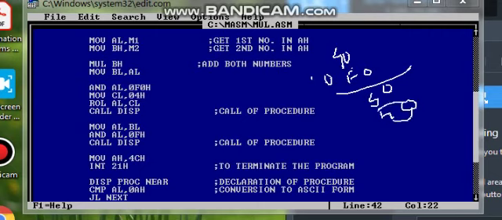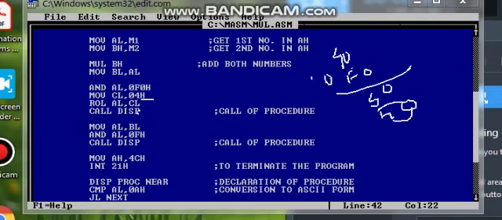That is why we have taken the counter as 4. We will rotate it and we will call the procedure, that is display, which is used to display the 4 as the output. And the next is we want to print the 0H. So to print 0 we will AND it with 0F and we will call the display procedure. Here it is not necessary to rotate because we want 0 and the result is 0. So this is used to return to the DOS prompt.